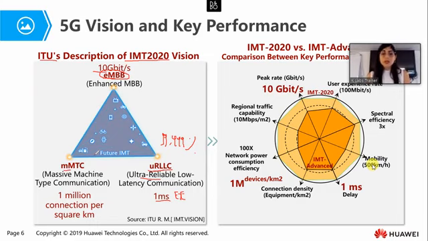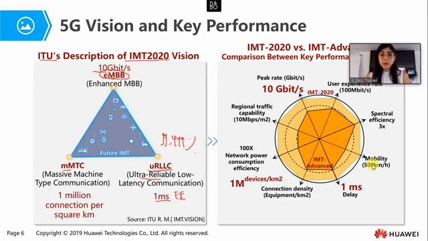So for massive machine type communication, we basically don't have requirements in terms of bandwidth, and we don't have requirements in terms of latency or in terms of reliability. We just have requirements in terms of number of devices that can be connected and in coverage. Because of course, all the devices need to be covered by a radio network. So this is the reason why these three application scenarios are represented at the vertex of a triangle, to underline the difference in terms of network requirements.